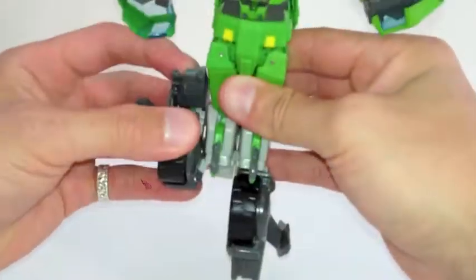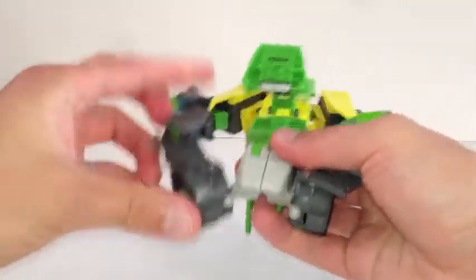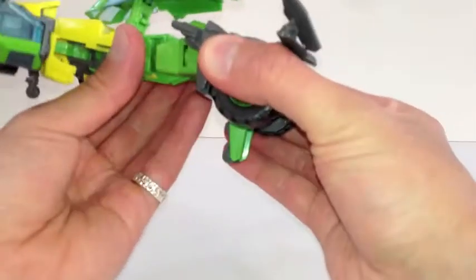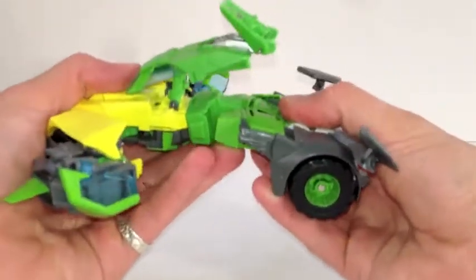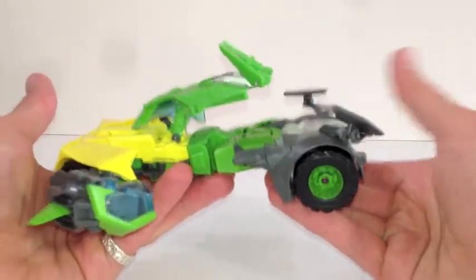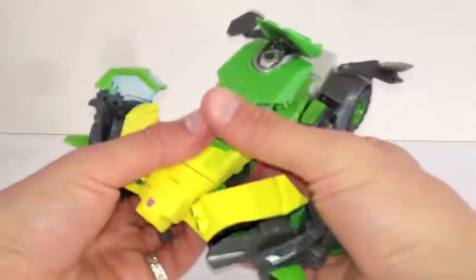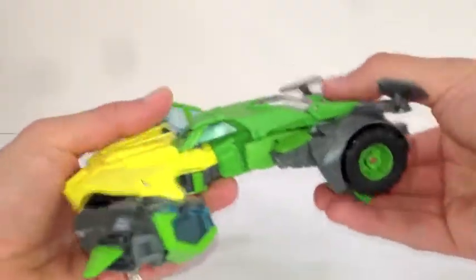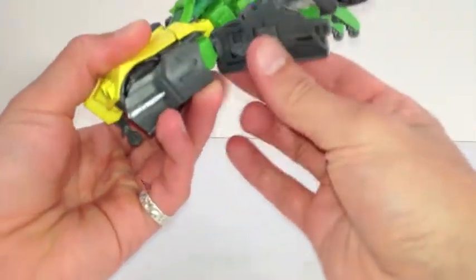piece, do they tab in here too? No, they don't really tab in place, but yeah, fold the legs forward, angle these pieces back out, and you want to make sure that this piece is tabbed in real nice and that it's nice and even. And again, I have some problems with these joints moving in and out, but we'll get this guy sorted out here and transform properly. So there, then you can tab these in here, untab these back pieces like so, and they will